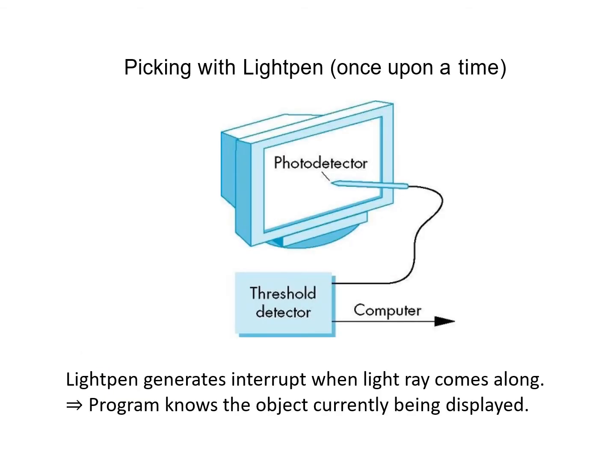Old display processors were able to achieve picking by making use of a light pen. Each redisplay of the screen would start at a particular time. The light pen will generate an interrupt when the redisplay passed its sensor. By comparing the time of the interrupt with the time the redisplay began, we can see the difference, identify the exact place in the display list, and subsequently determine which object was being displayed.